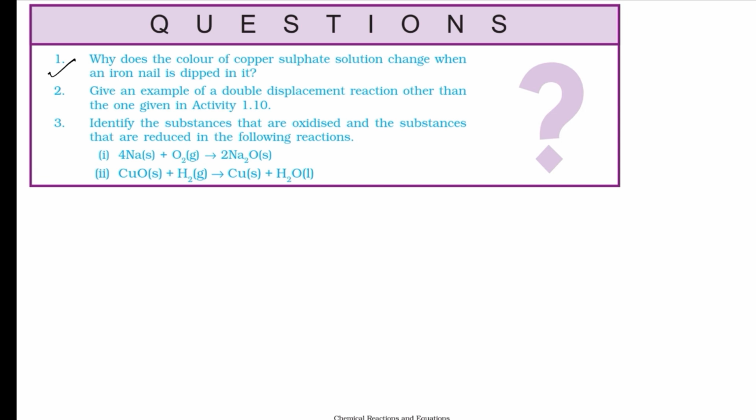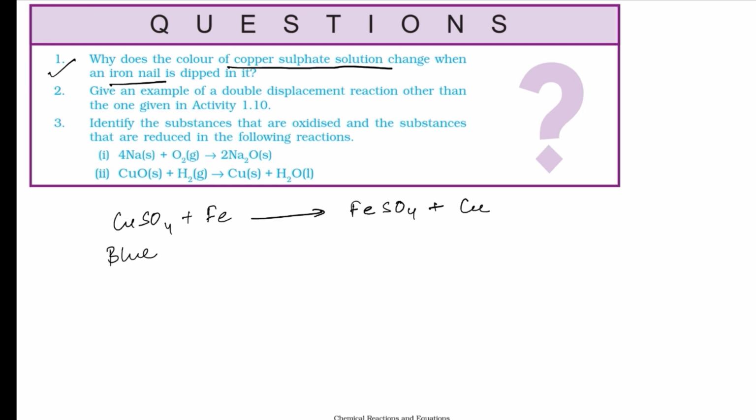Question 1. Why does the color of copper sulfate solution change when iron nail is dipped in it? Copper sulfate solution and iron nail, so copper sulfate solution plus iron, what will the reaction be? Iron sulfate will form, plus copper will be displaced from copper sulfate. So this is a single displacement reaction. The color of copper sulfate was blue, and this blue color was due to